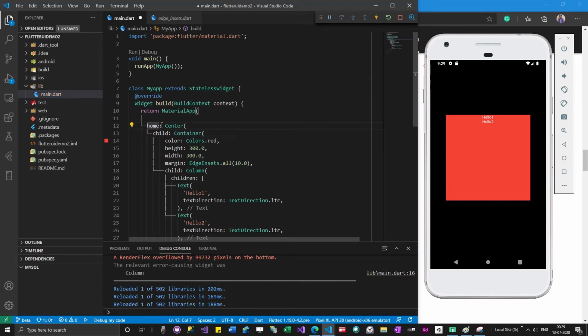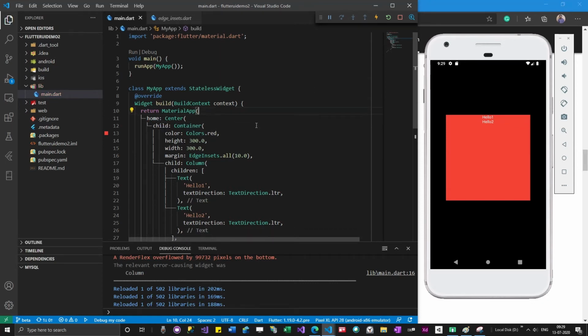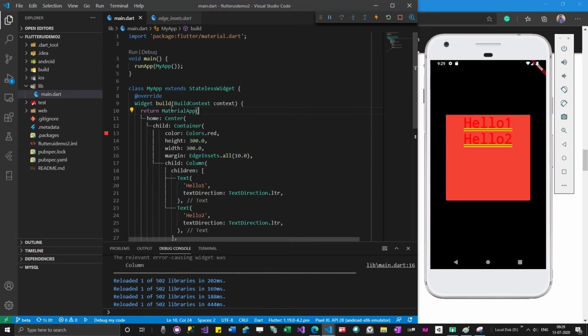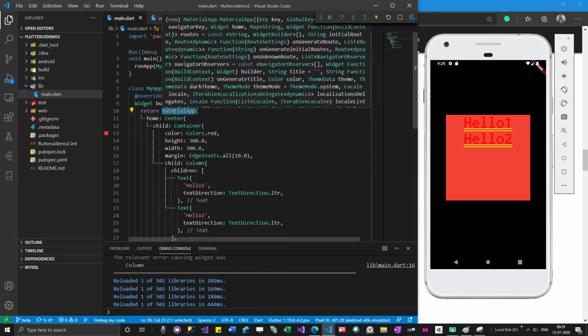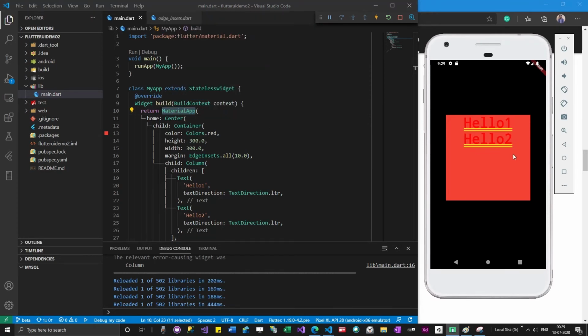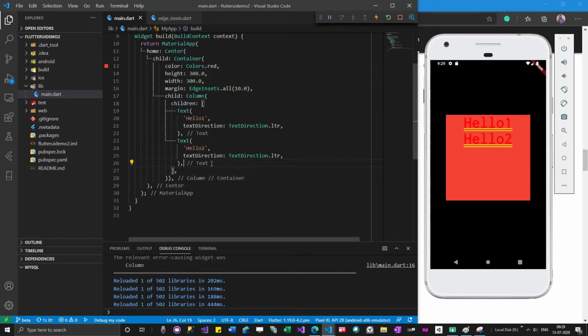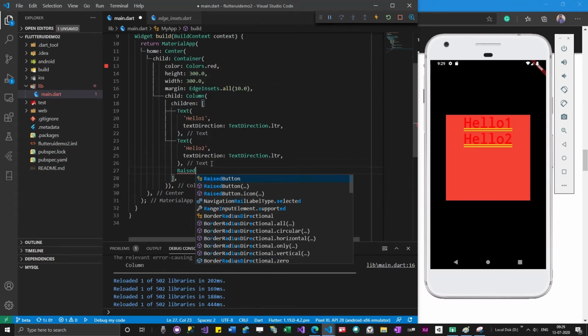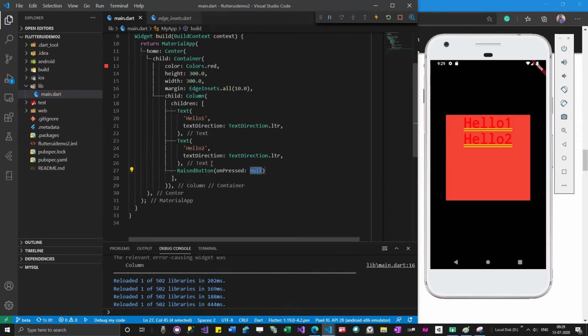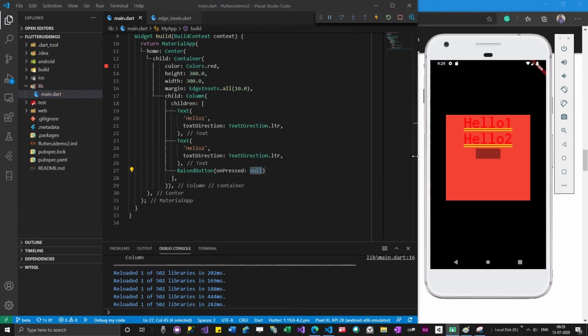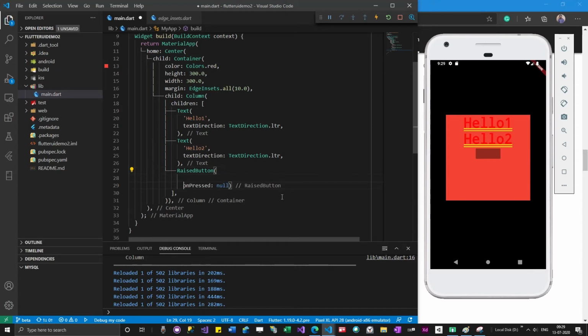As soon as I add something like material app, you can see things got changed. Everything has got slightly bigger. If buttons are there, they will work slightly differently. I can add buttons over here now. If you see, go here, raised button. You can see the button is added, but without the text. In order to add text to a button, again we have to give child.